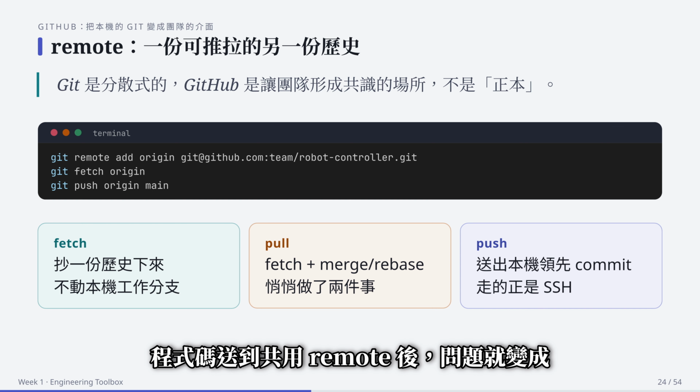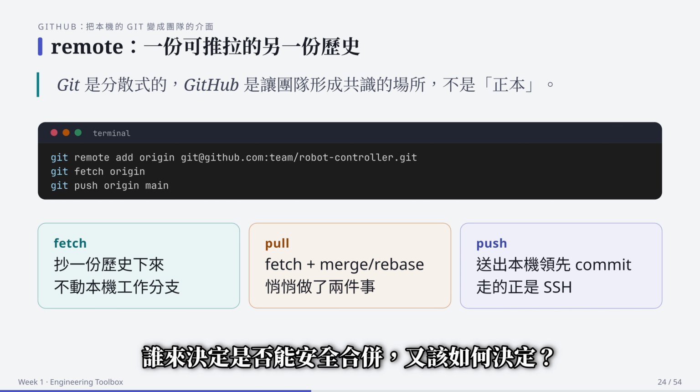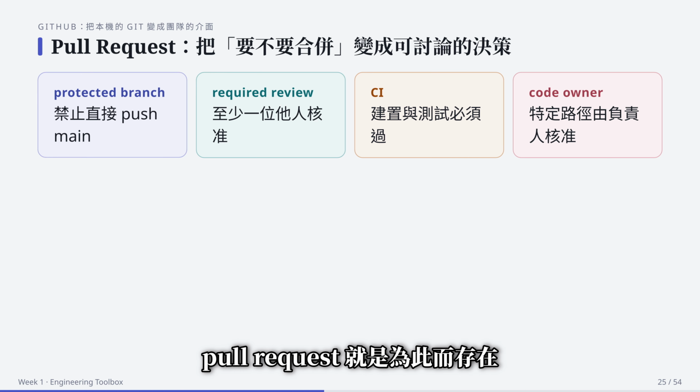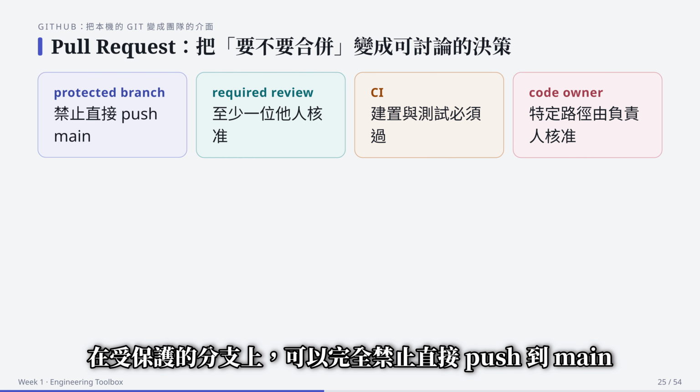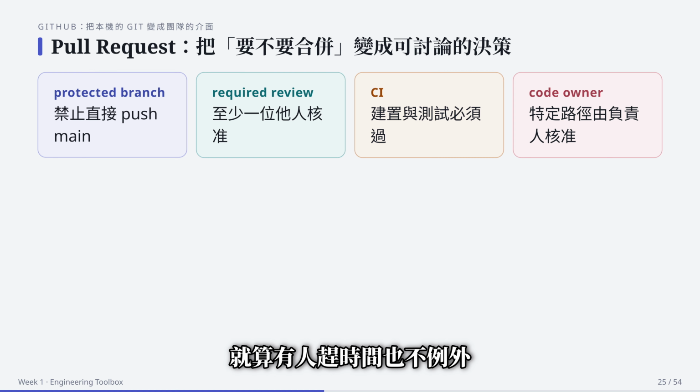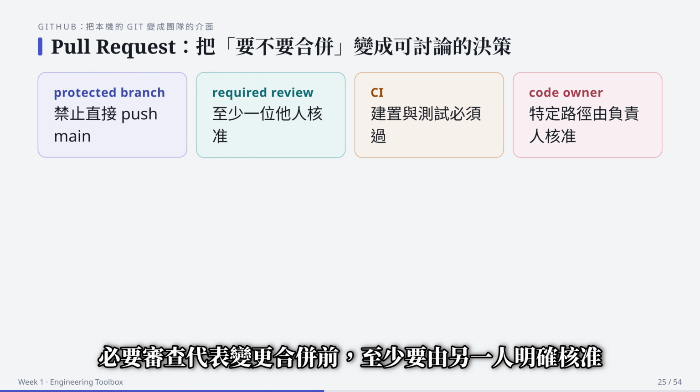Once code reaches a shared remote, the question becomes, who decides whether it's safe to merge and how? That's what a pull request is for. It turns "should this be merged?" from a decision made by one person into a discussion the team can have before the merge occurs. On a protected branch, direct pushes to main can be blocked entirely, even when someone is in a hurry. A required review means at least one other person must explicitly approve the change before it can